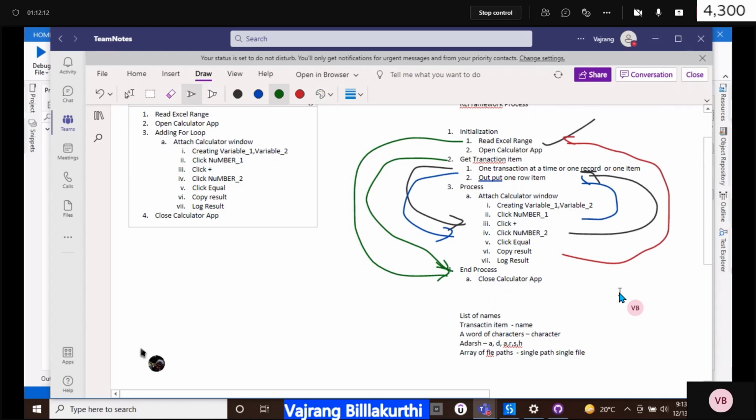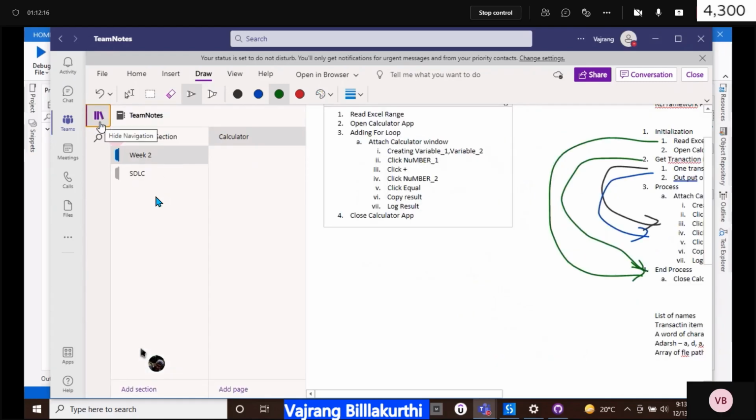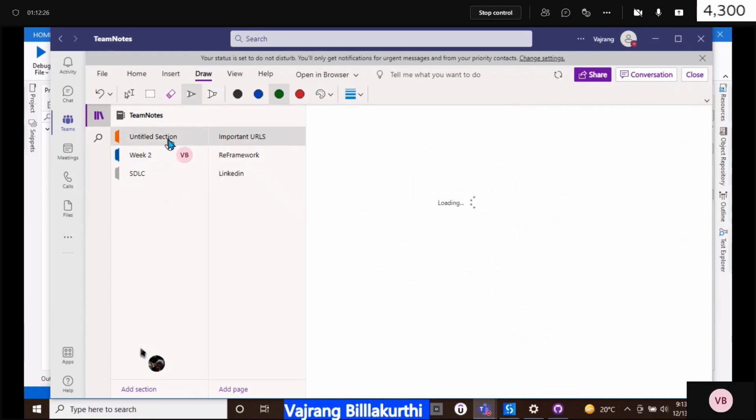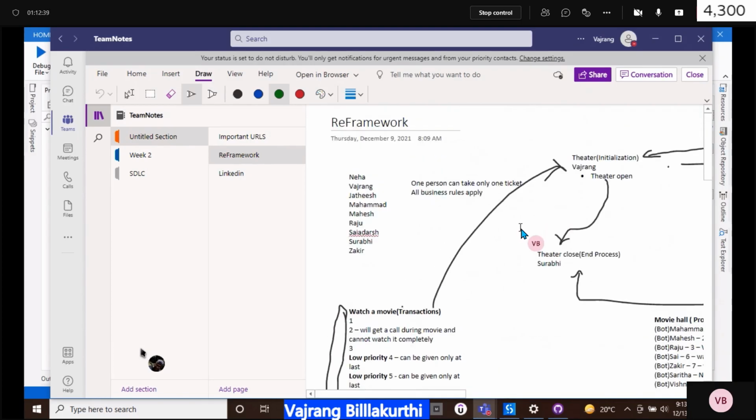Whatever we discussed earlier with this particular section, let's take this and then let's see the RE framework. We should have it here. I'll take 2 more minutes of yours. Okay, fine. So now we are linking up all the dots and we are trying to get a complete picture.